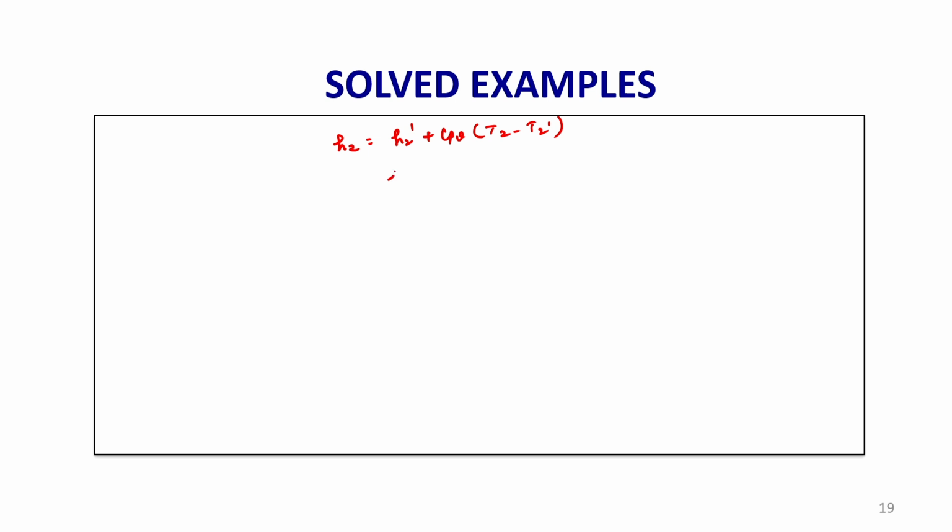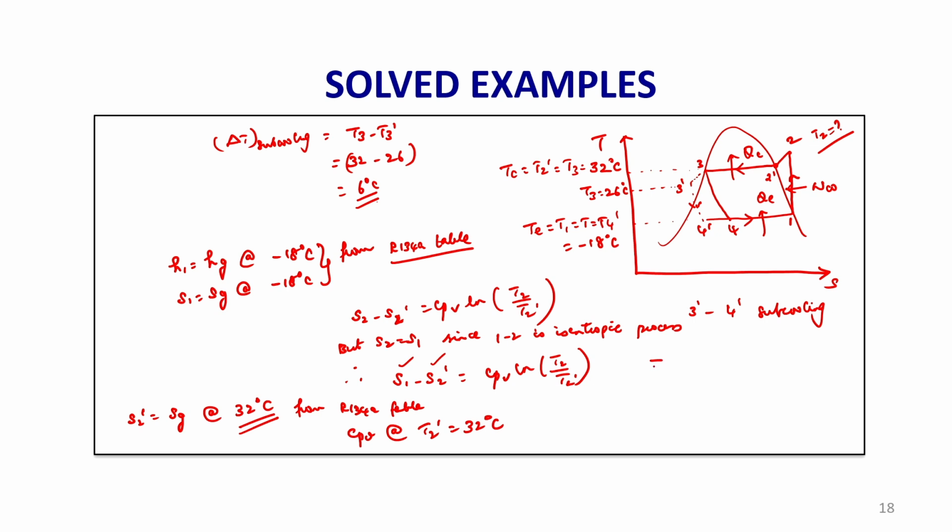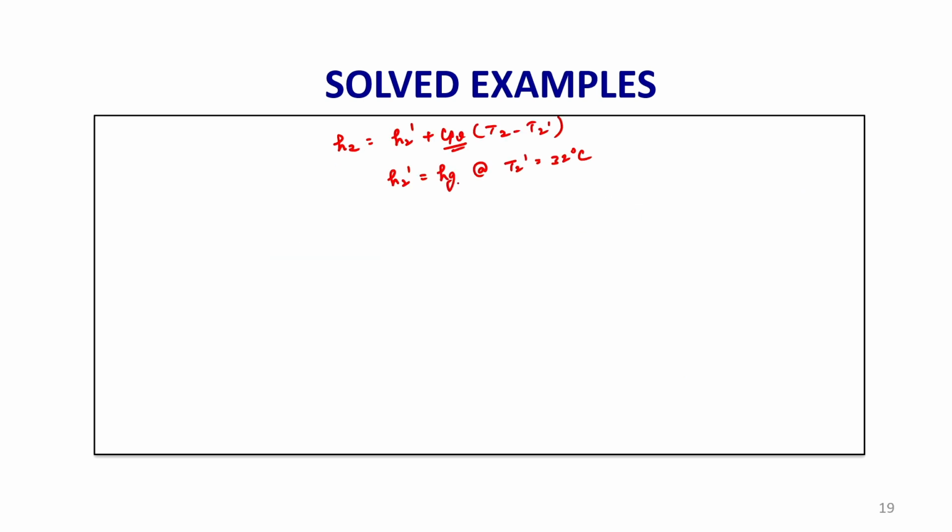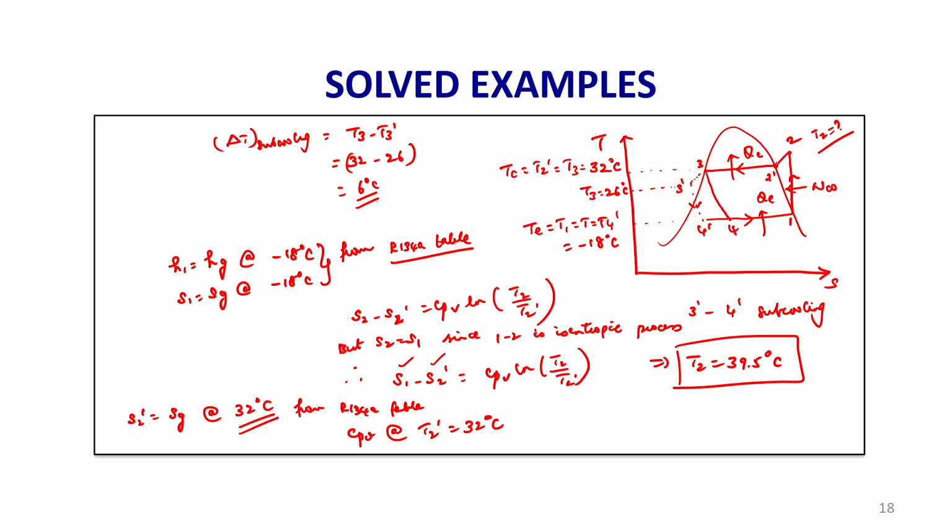Here H2 dash should be Hg at T2 dash, which is 32 degree centigrade, and this Cp, because now I know T2 and T2 dash. So, using this formula I can find it. T2 is the same temperature, 39.5 degree centigrade. So, H2 dash I can find: H2 dash is the saturated vapor enthalpy corresponding to 32 degree centigrade,